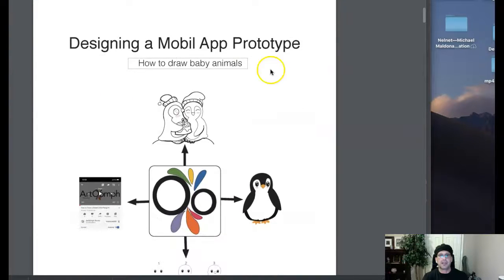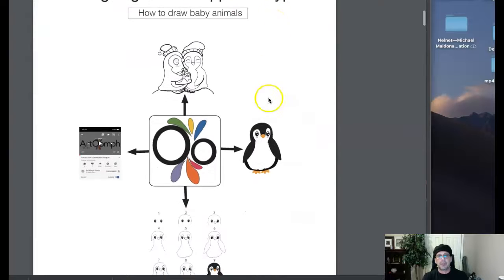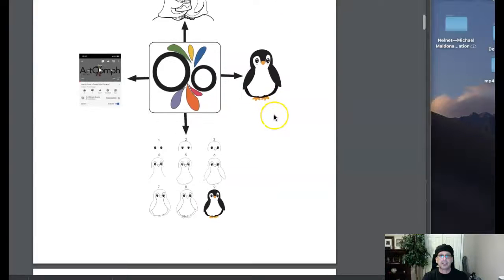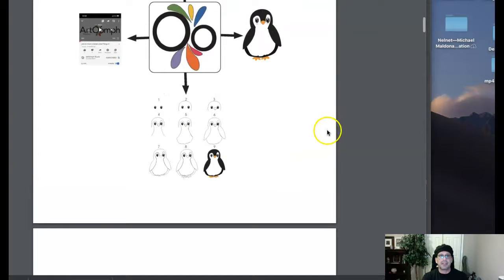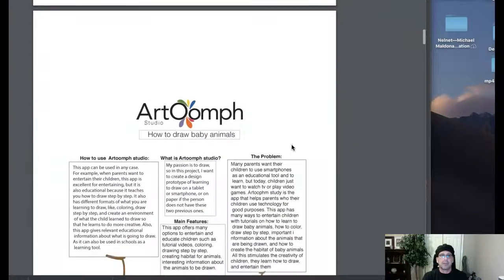So anyway, you have designing a mobile app, how to draw baby animals, kind of like a nice little introduction page. But right here, I would include a paragraph with your statement of intent. So in other words, what are you trying to accomplish with this assignment? Then we jump over to